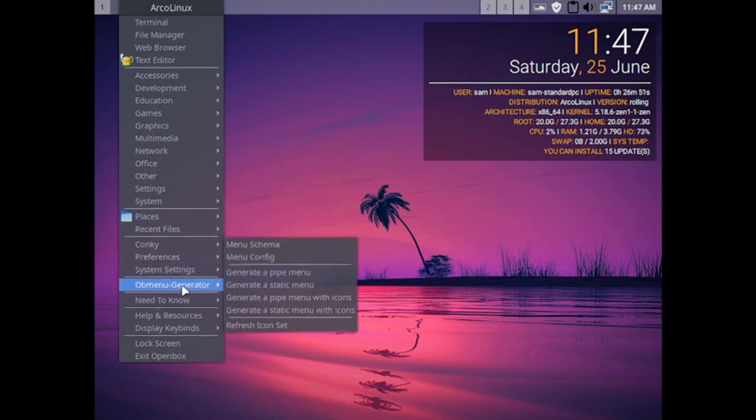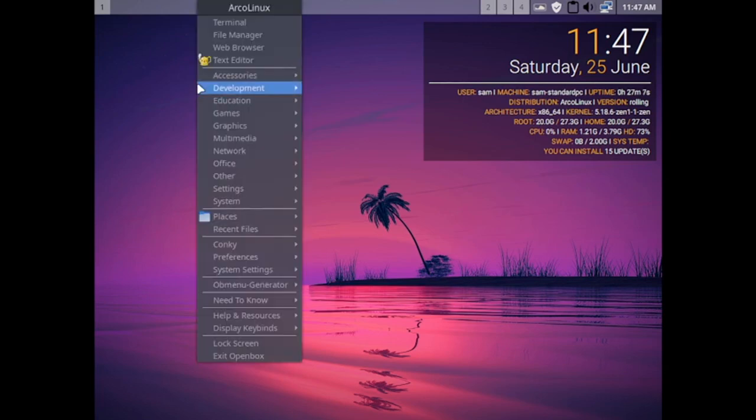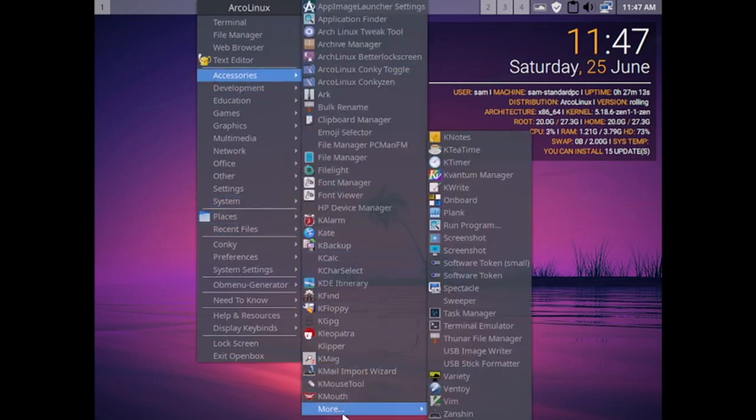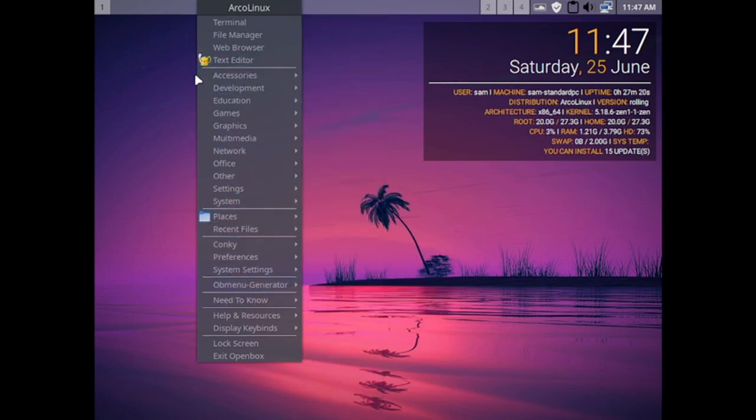Earlier the icons were not there, but it has started showing some icons. So icons for places and games have come up. So let us use the pipe menu with icons, or you can generate a static menu with icons. Let us see what happens. It will take time. Yes, now you can see slowly the icons have started coming up. It will work in the background and generate the small icons for the menu list. So that is good